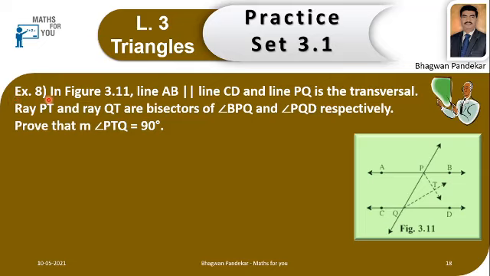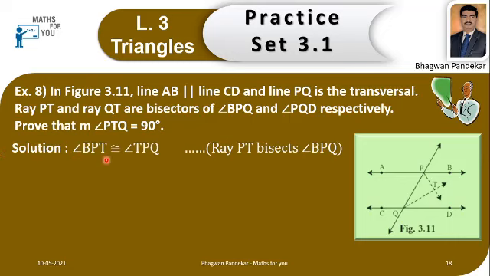Example number 8. Alongside in the figure 3.11, line AB parallel line CD and line PQ is the transversal. Ray PT and ray QT are bisectors of angle BPQ and angle PQD respectively. Prove that measure of angle PTQ is equal to 90 degree. Observing this figure, we can write the solution in this way. Solution,